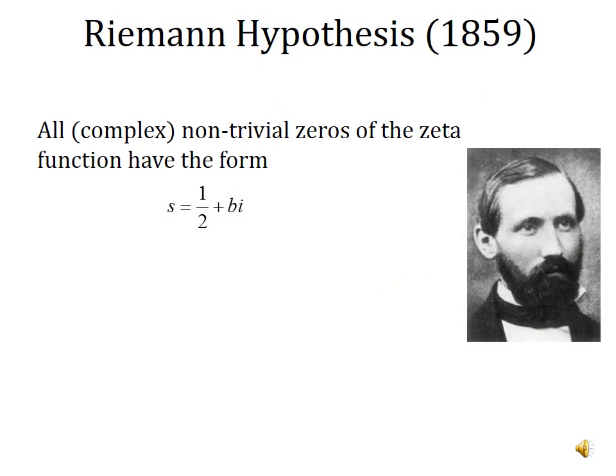However, there was one property that Riemann believed this function possessed, but he could not prove. 150 years later, we still can't. This property is known today as the Riemann hypothesis. Formally stated, the Riemann hypothesis is: all non-trivial complex zeros of the zeta function have the form s equals 1/2